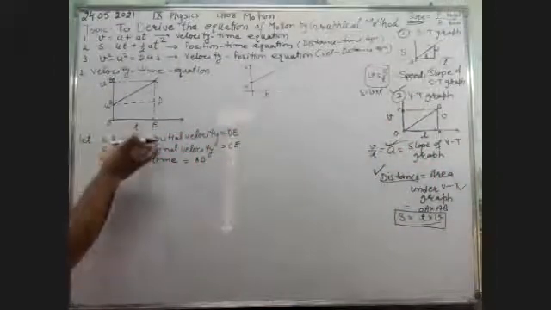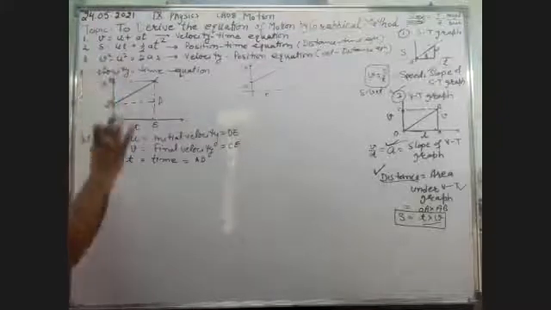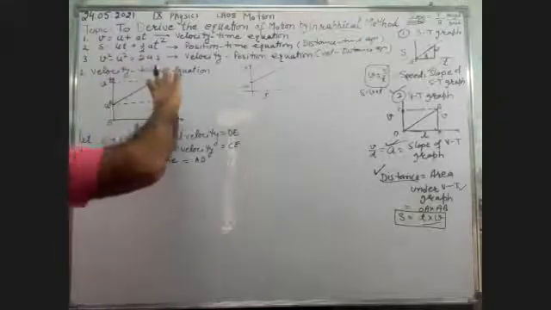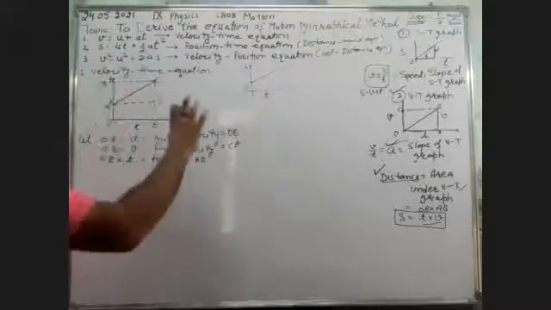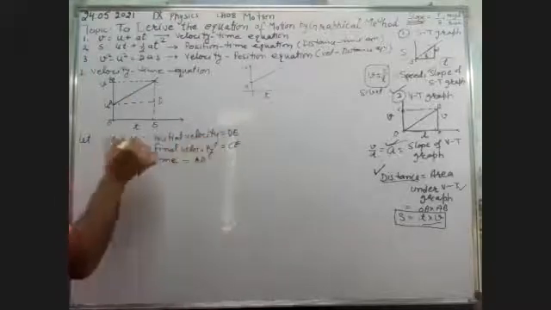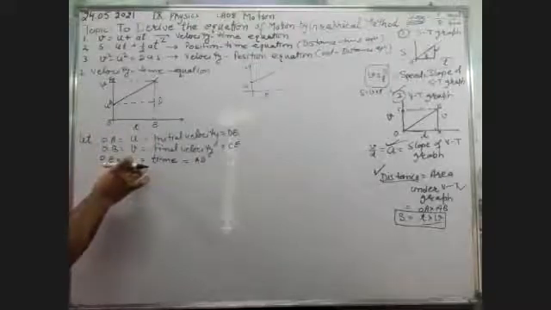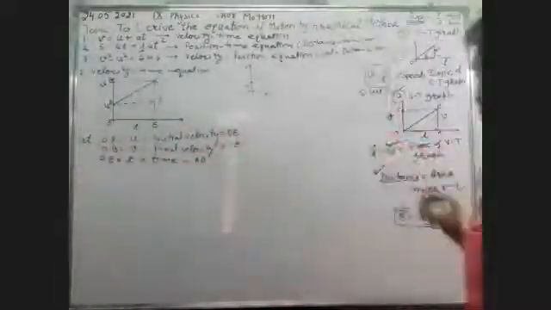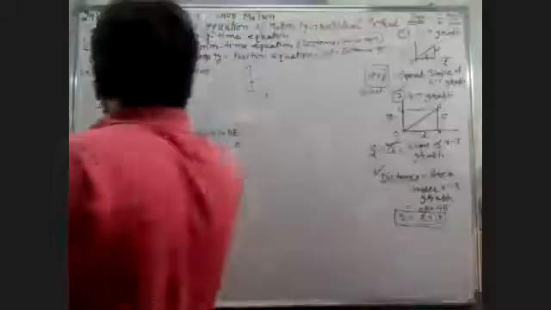So I am taking this OA. What is OA? OA is the initial velocity. What is OB? From O to B, this is v, the final velocity. Opposite sides of a rectangle are equal. OB is equal to CE, and OA is equal to DE, which is our initial velocity. What is OE? OE is the time, and its opposite side AD will also be equal to time. Now I am using the fact that the slope of the VT graph is acceleration. So how can we calculate the acceleration from the VT graph?